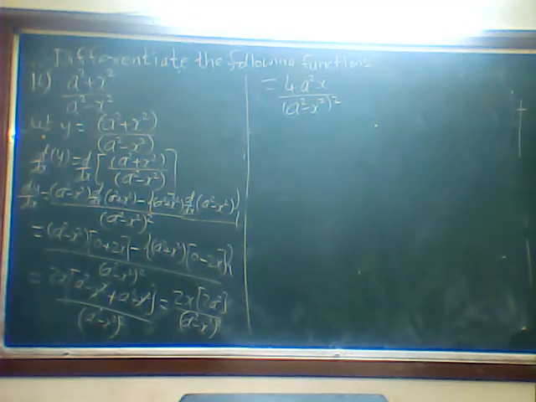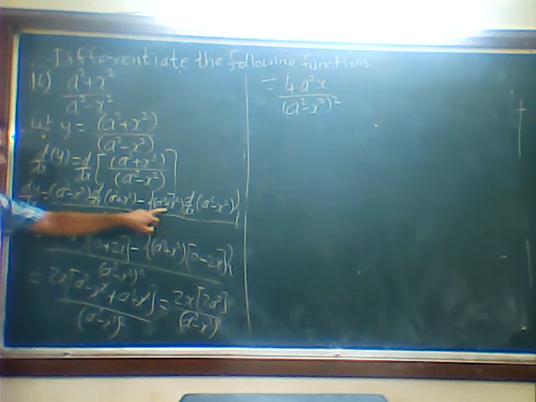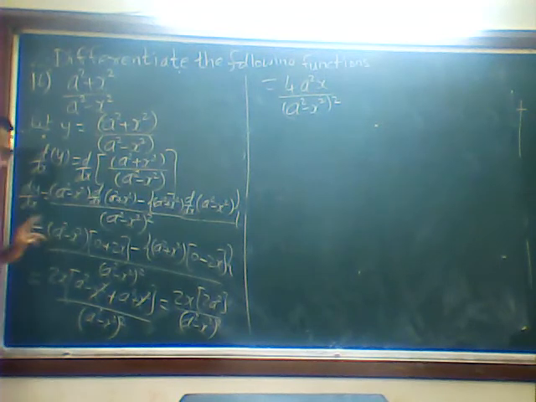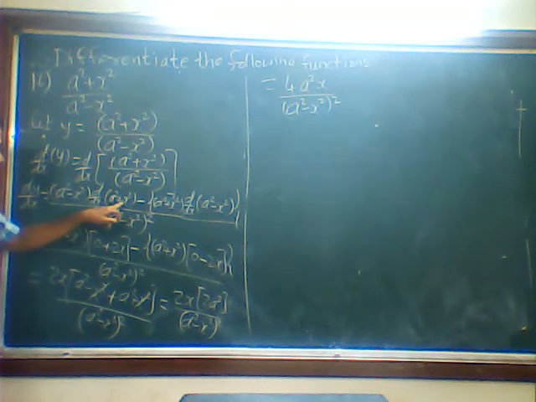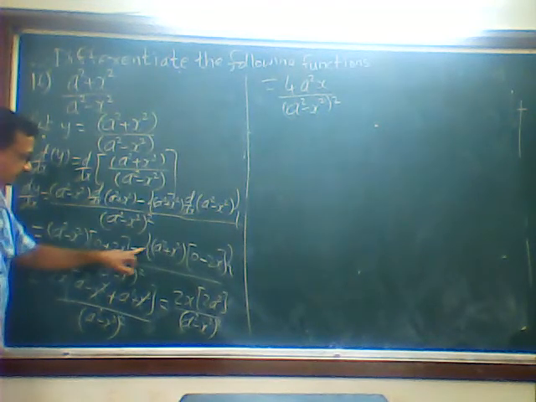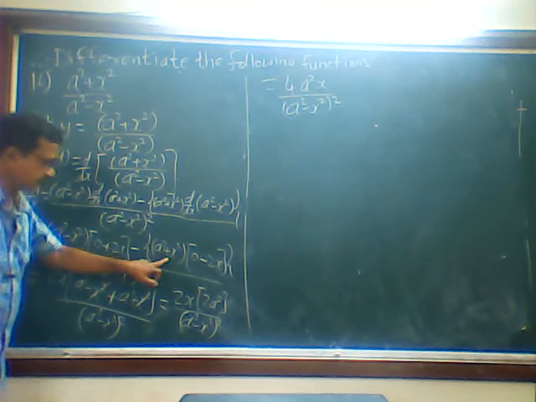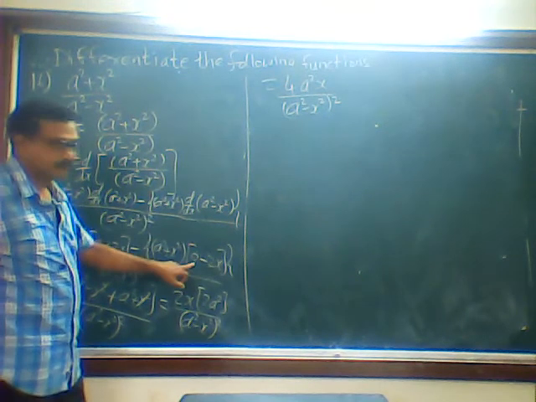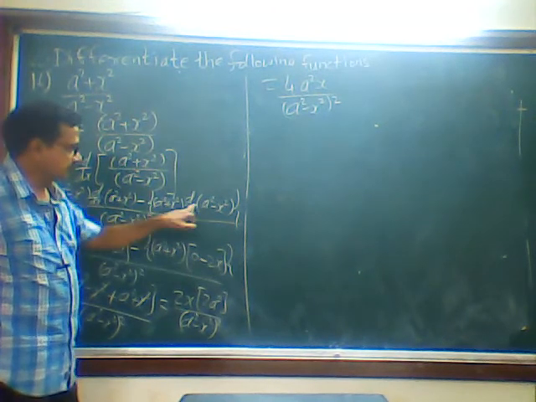See, again I will explain the problem. U by v method. Okay, v square, v d by dx of u minus u d by dx of v. After that, this is carried forward as it is: d by dx of a square. A square is a constant, that's why it is 0, plus sign. D by dx of x square is 2x, okay, close the bracket, minus lower bracket is open, a square plus x square as it is. Again d by dx of a square is 0 minus d by dx of x square